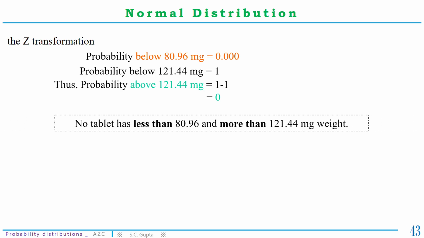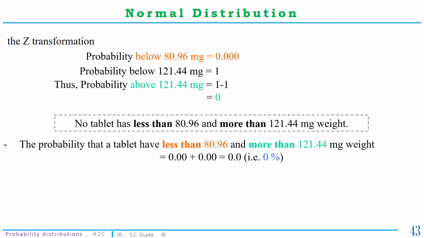Now recall the limit of pharmacopoeia. No tablet has less than 80.96 and more than 121.44 milligrams weight. The probability that a tablet has less than 80.96 and more than 121.44 milligrams weight is